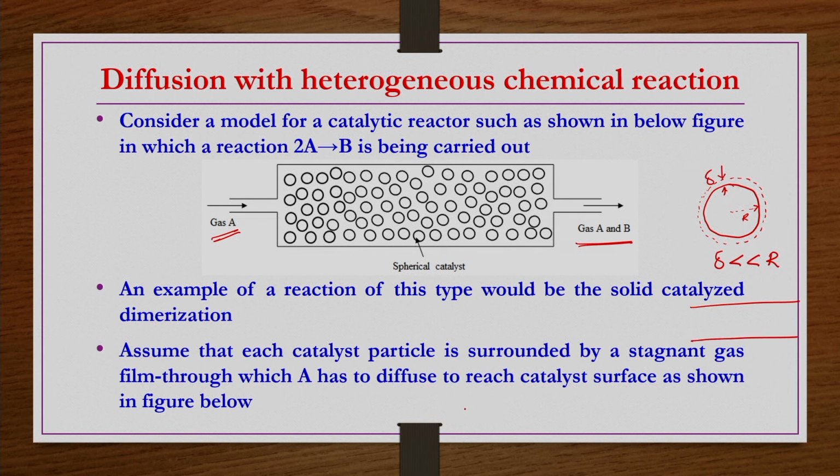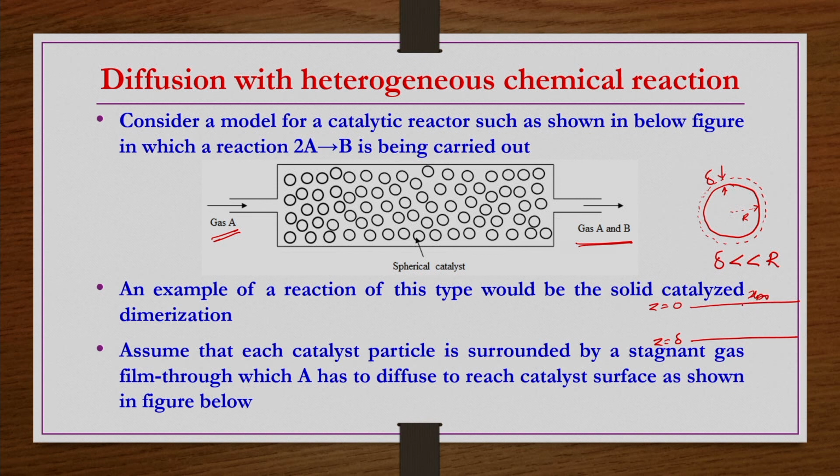Because now the complexity of the packed bed, the entire number of catalysts, all that we are not considering here. We are taking only one catalyst particle on which the reaction is taking place. That simple case we are taking. So, if it is the catalyst surface, let us say we locate it at Z equals delta, and the hypothetical film boundary we take as Z equals 0. At Z equals 0, the concentration of A would be maximum, let us say x A naught,